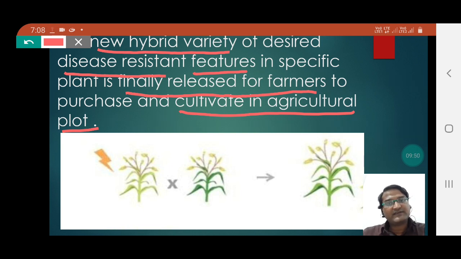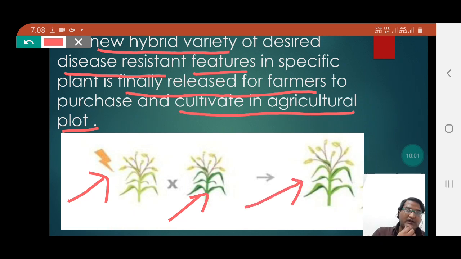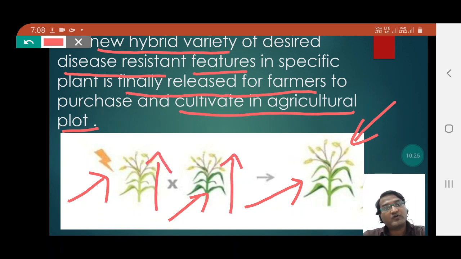So here students, you can see clearly that two different plants are being crossed, that is are bred, and finally the most advanced plant with advanced features of disease resistance is selected. This plant is only selected. You can see that this plant is not only having the most improved disease resistant feature, but is also quite longer in length in comparison to the parental generations, because it is more longer in length.